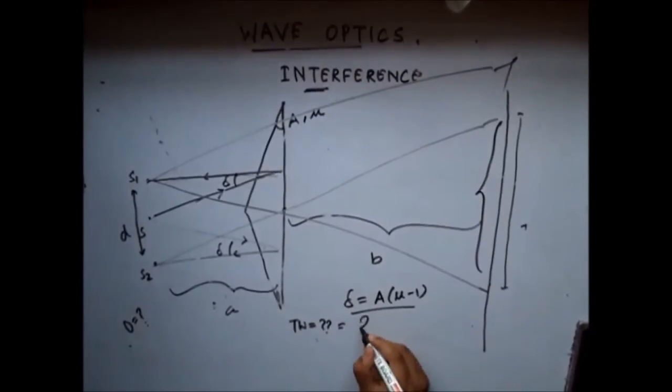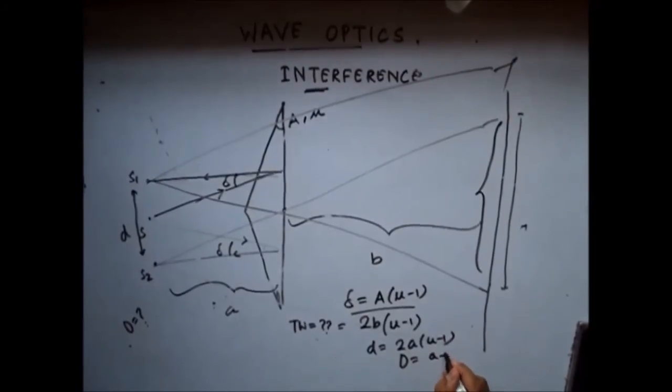The answer, by the way, is 2 times B mu minus 1. Similarly, what is small d? Small d is nothing but 2 times A mu minus 1. And what is capital D? It's simply A plus B. Now, for a hint, what I'll do is,